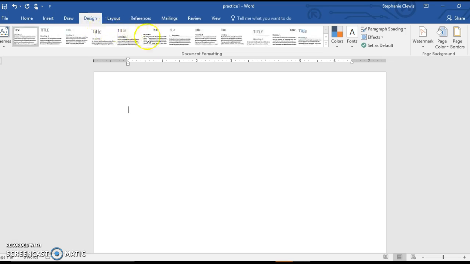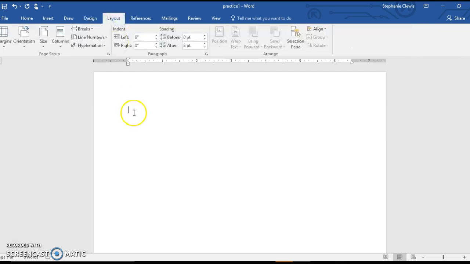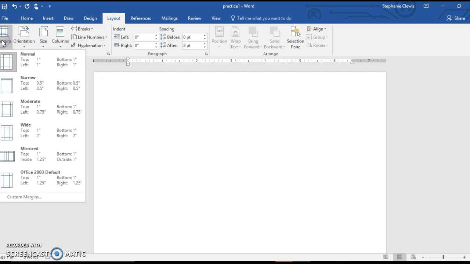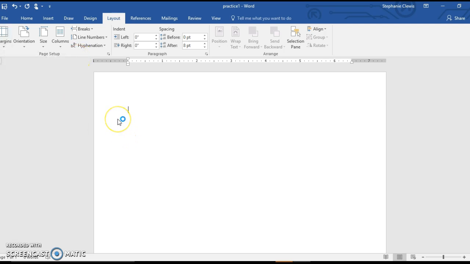Design gives you, if you're going to write a paper or a brochure or something, some different ways to do that depending on what you're using Word for. Okay, there's also layouts. This is a helpful tab, I would say, because it gives you your margins, which means you can change how far away the cursor or the words are from the side of the page. So we're at a normal 1 by 1 by 1 by 1, but let's say I wanted it narrow. See, it's going to move where my words are closer up here and not as far away from the page